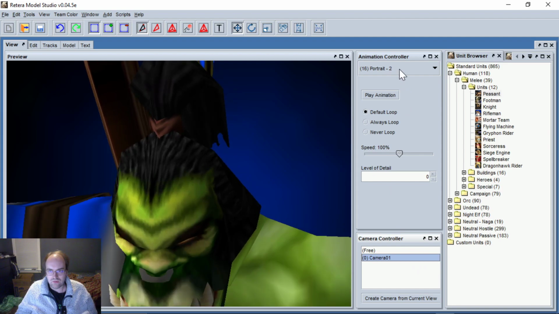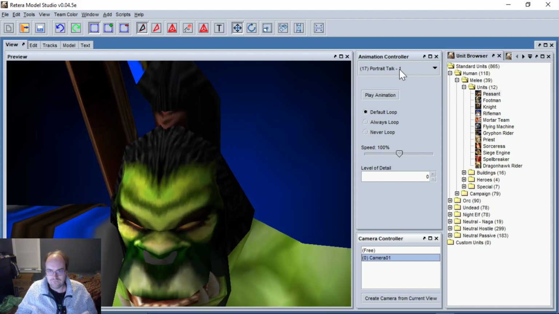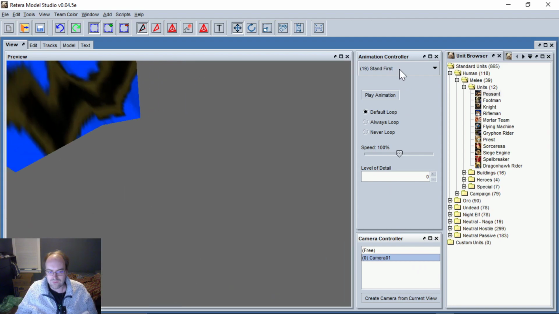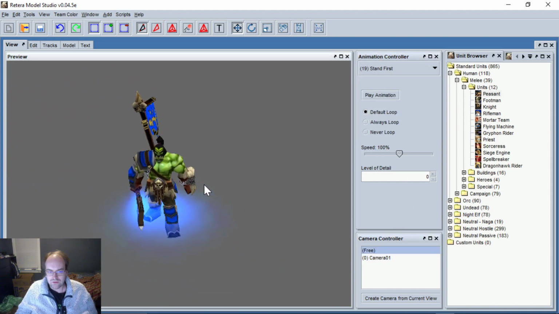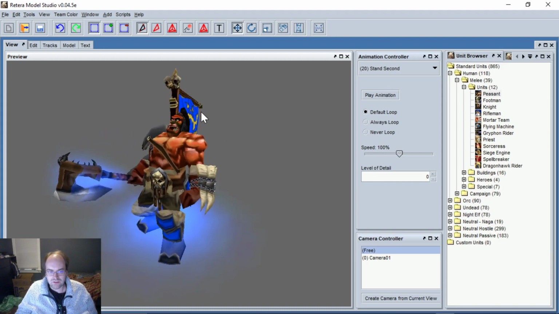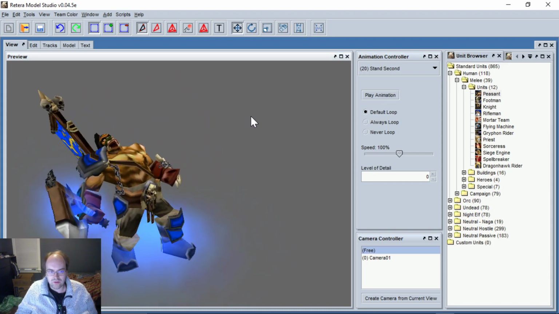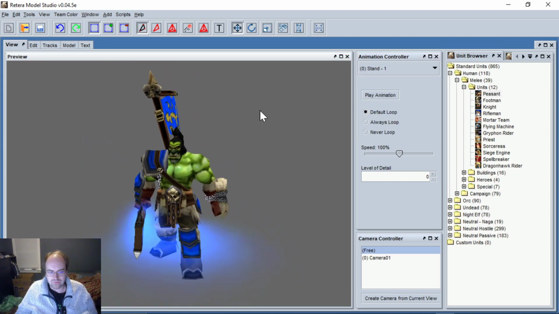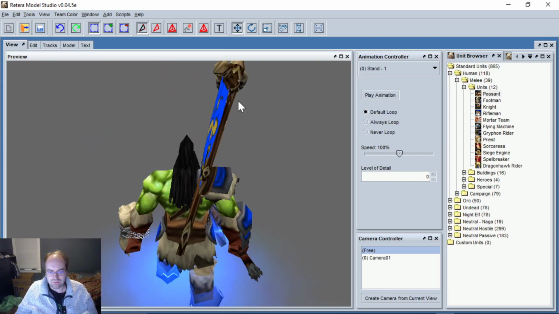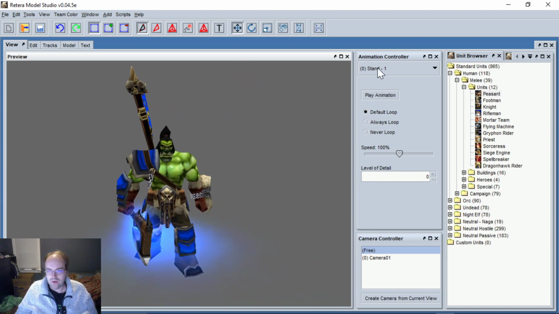How's the camera? So I guess another fun thing, you can see the stand second worked pretty much exactly as we intended. Yeah, I'd say this is generally a successful transfer. But